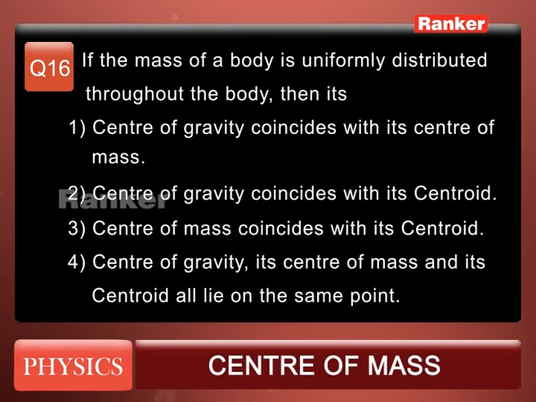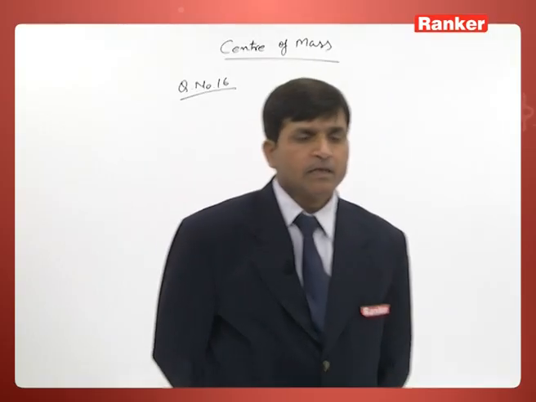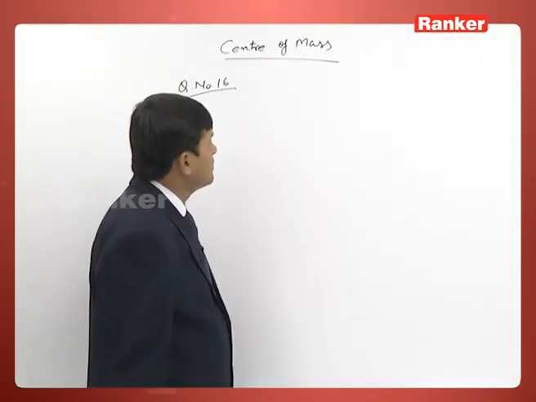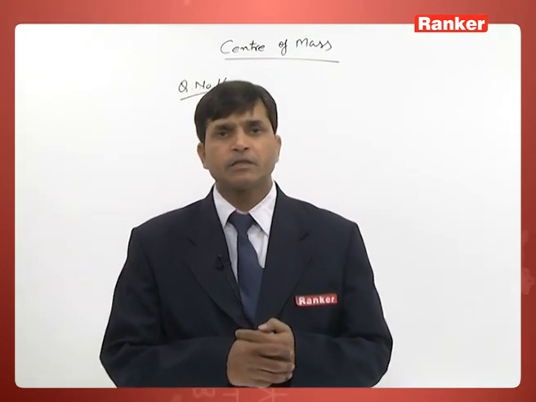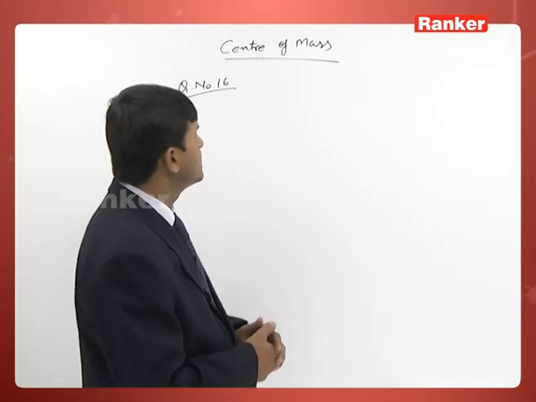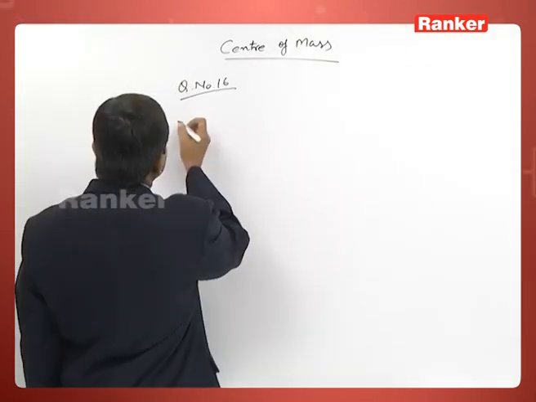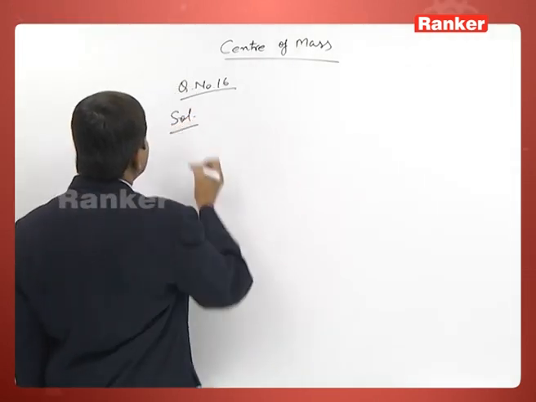And the fourth option, center of gravity, its center of mass and its centroid will all be on the same point. So whenever the mass of the body is uniformly distributed throughout the body, see, first thing of center of mass